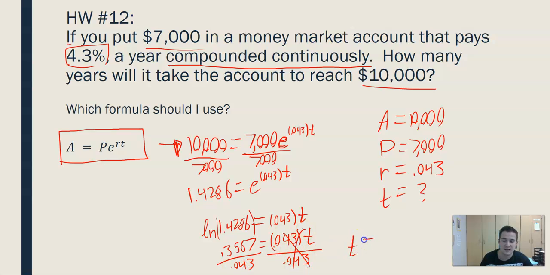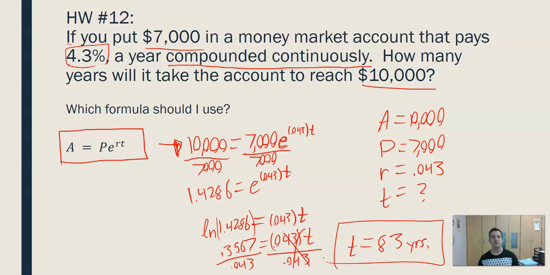And I end up getting t equals 0.3567 divided by 0.043. I get about 8.3 years. So if you invest $7,000 at a 4.3% interest rate, compounding continuously, it's going to take you almost 8.5 years to get that up to